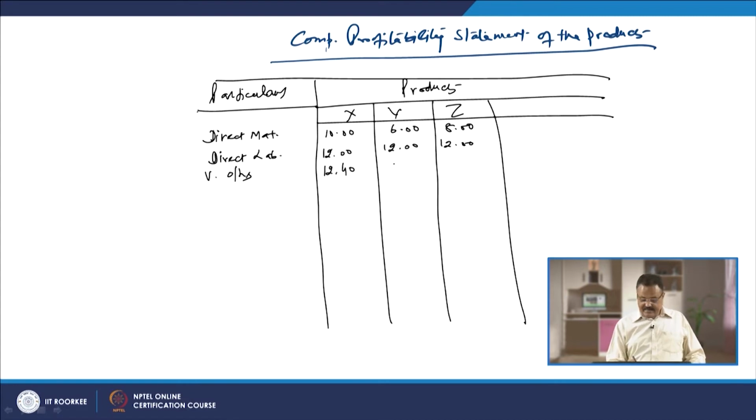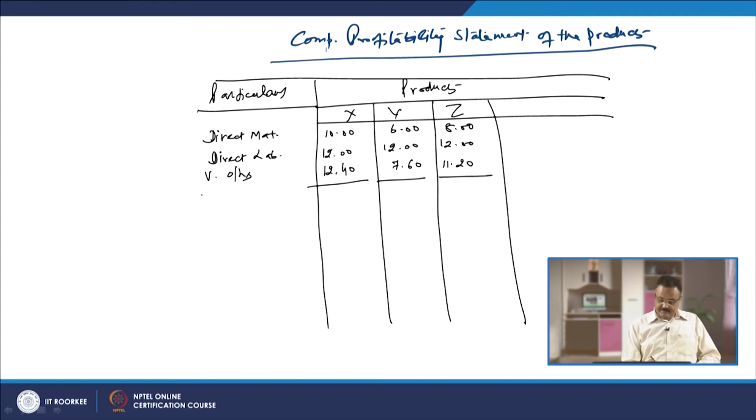Then in this second case, same way you have to do it, and if you calculate it, it works out as 7.60, and then in the third case it works out as 11.20. So, I think these are the three important things which have to be taken into account, and we now calculate